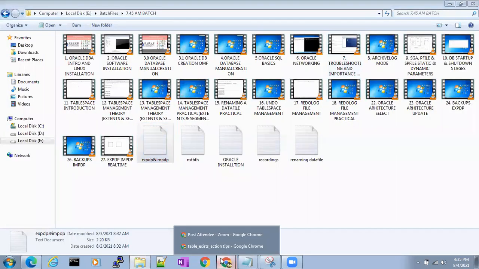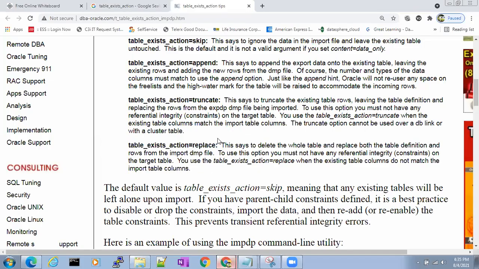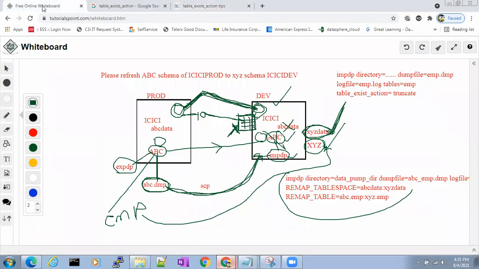If you use this option, table_exist_action is equal to replace, it will delete the entire data and metadata, and then it will import with whatever definition is there here, with that definition and that data. Understood? What is table_exist_action is equal to replace?